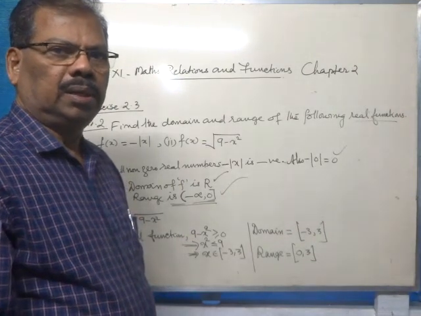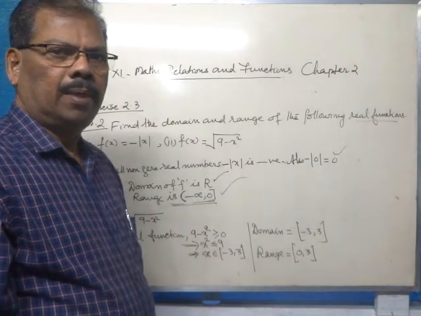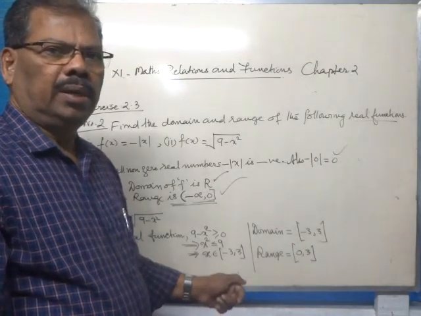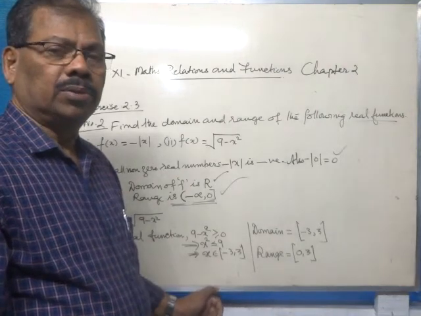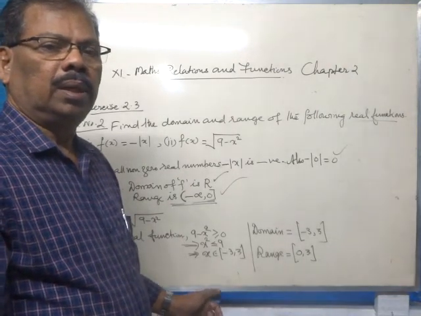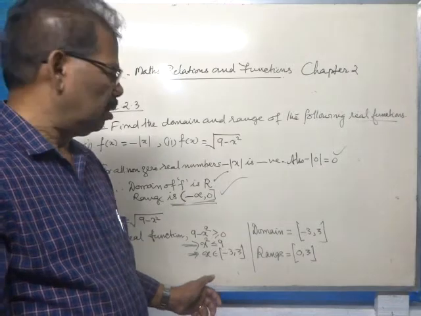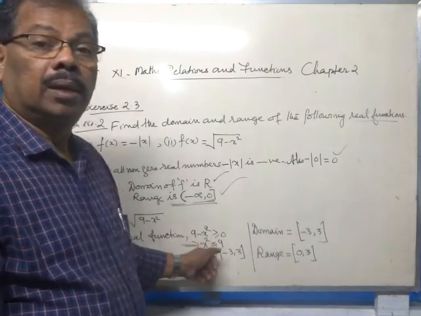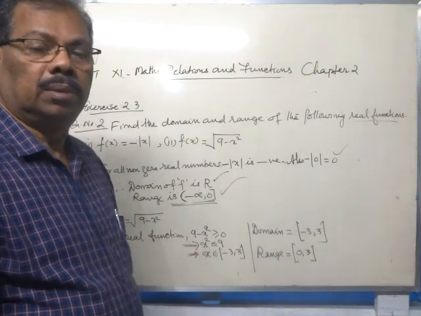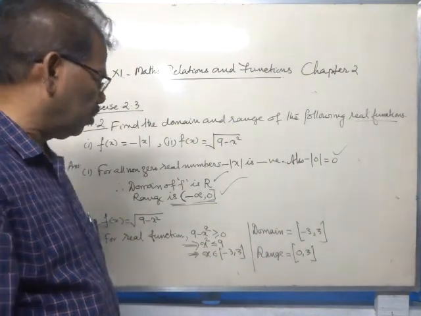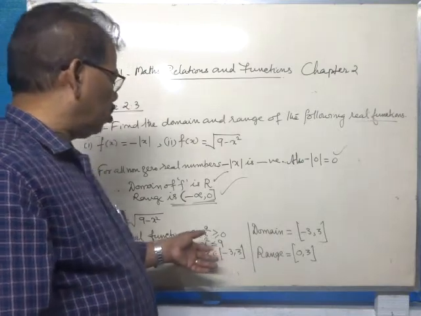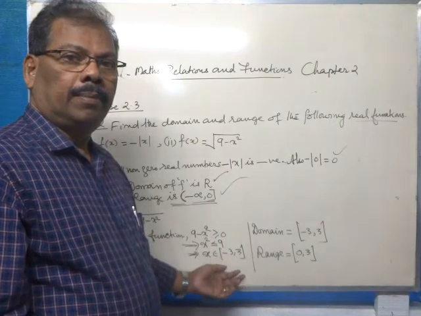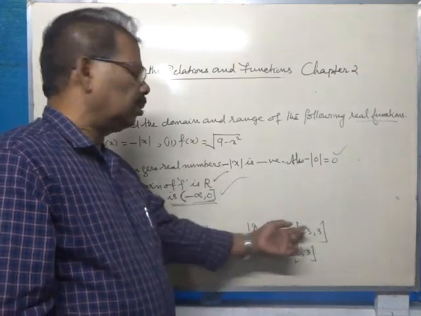A number greater than 3, its square will be more than 9. A number less than negative 3, its square will be greater than 9. Therefore, 9 minus x square will be a negative number. Therefore, the domain will be the closed interval negative 3 to 3,